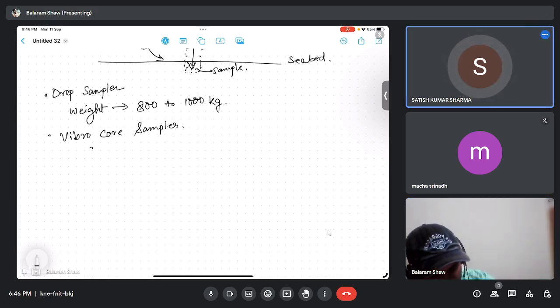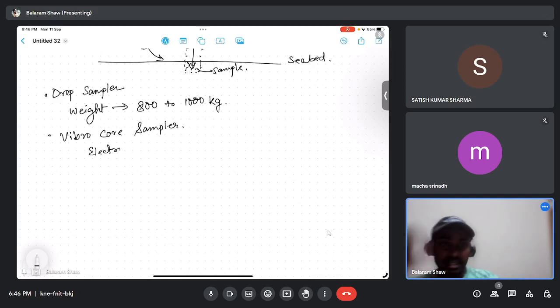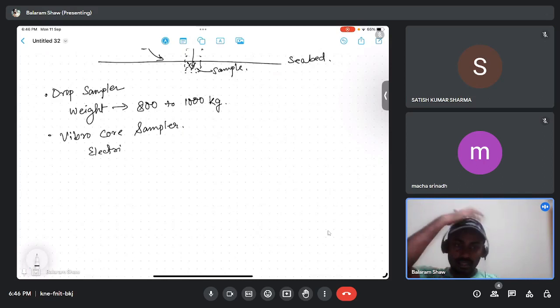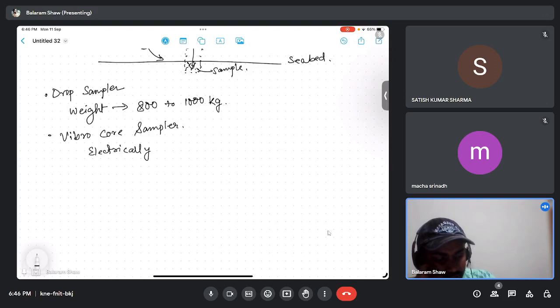Highly disturbed. Yeah, because what we are doing is dropping the core from a very high depth or height. So that's why impact load is given on the soil and it is getting highly disturbed. In the vibro core case, an electrically driven vibrator will be there. Okay, then we have the seabed piston core